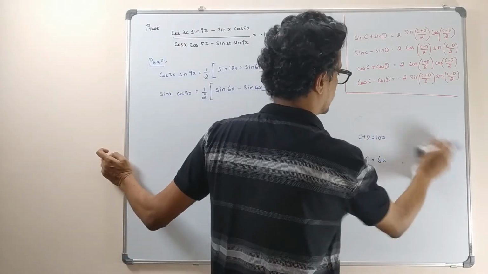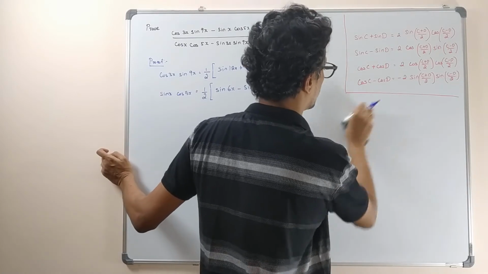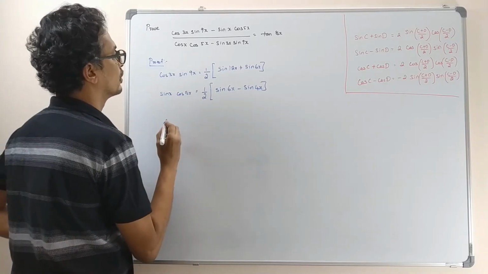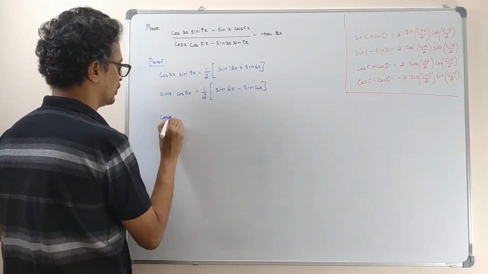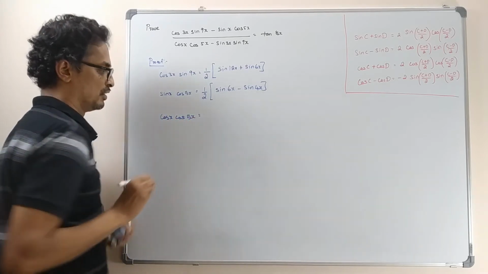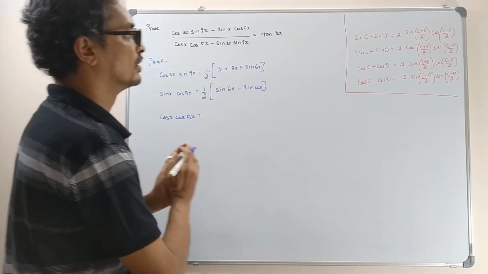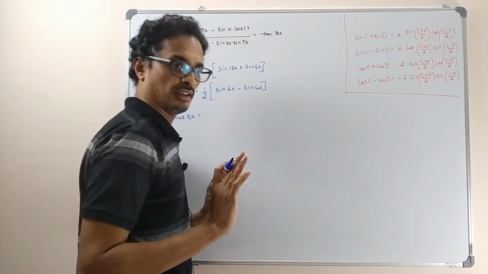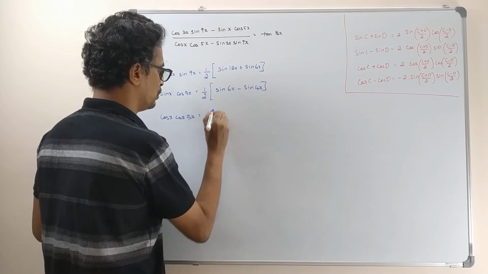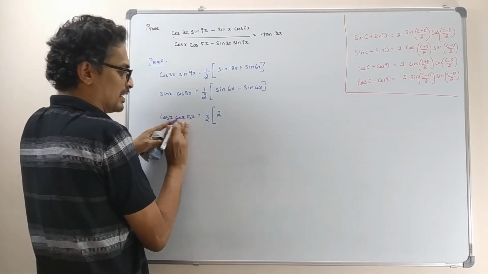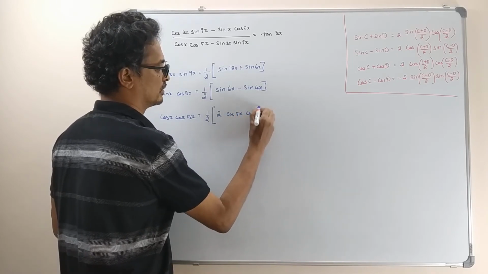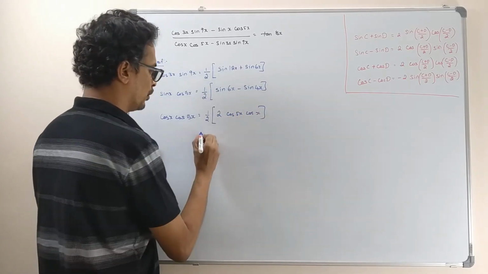Now let us take the next. What will be your next term? Tell me. What is the next term? Cos x cos 5x. Okay, so easy. Simple. It has to be this formula. Am I right? So there also we need 2. So what we are going to do is 1 by 2 into 2 times. First we will write the bigger term. So cos 5x cos x.